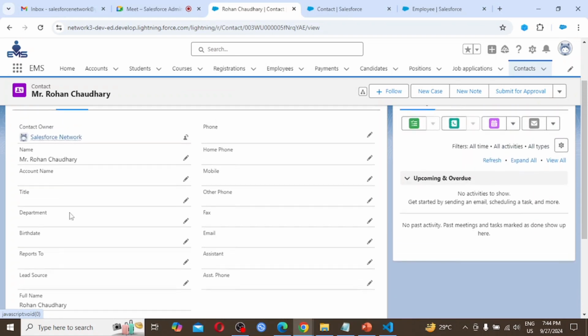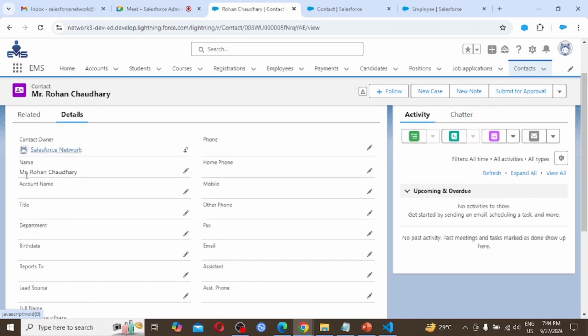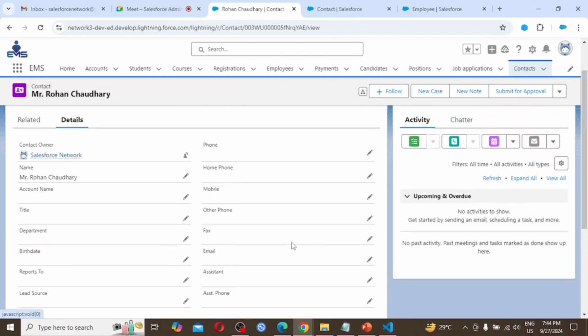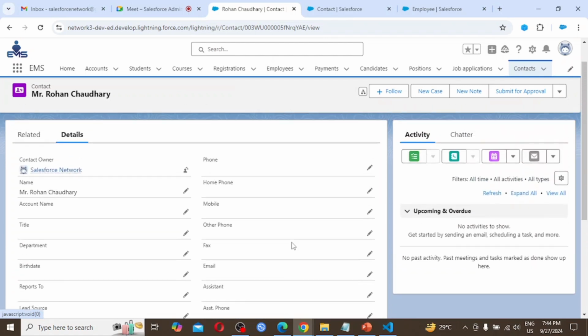So in the standard name you are seeing the salutation is also added, but in our field only first name and last name are there. In real time we get many scenarios like this, where you have to display this much content for a field. So today's assignment is completed.